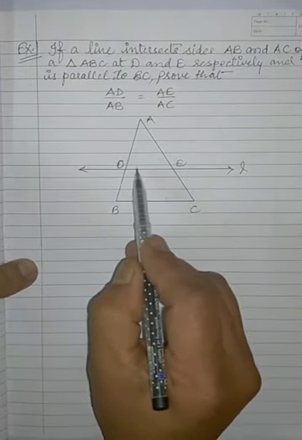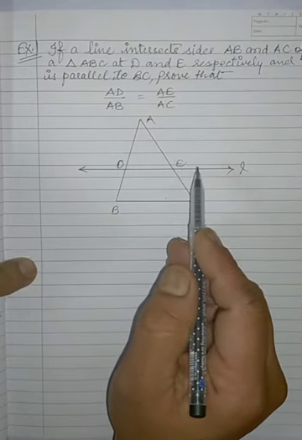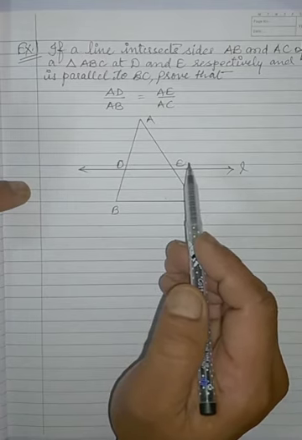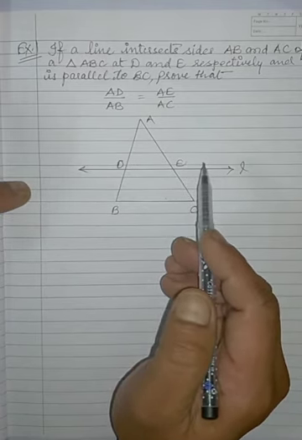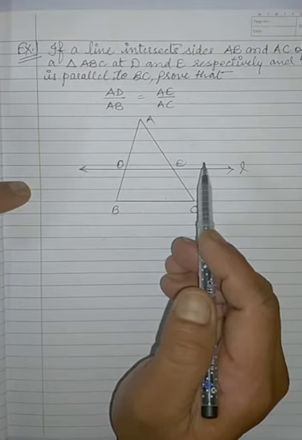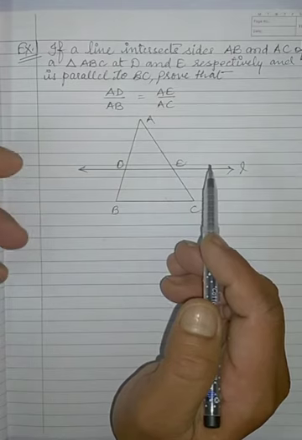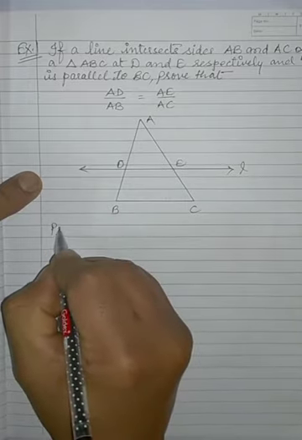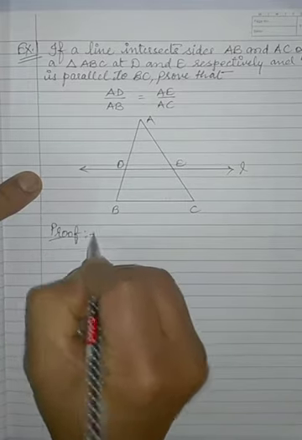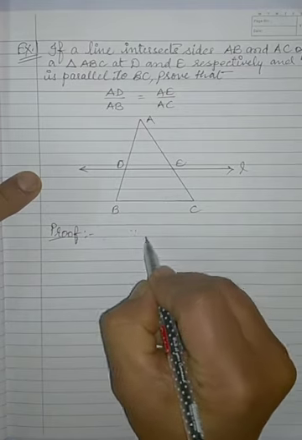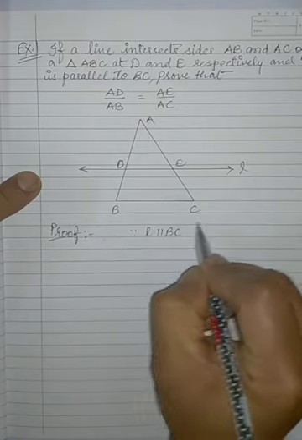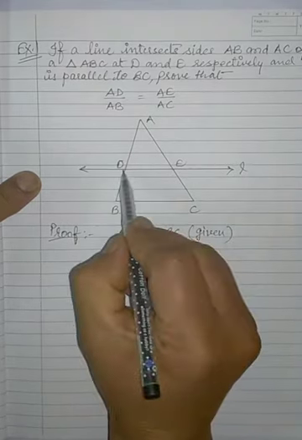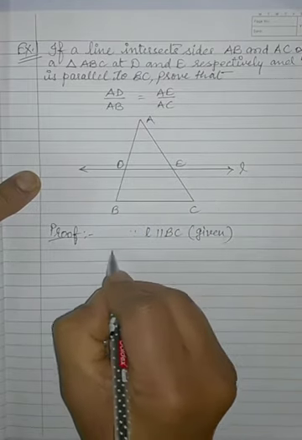Now children, this example will make you understand how we can use the applications of the basic proportionality theorem and how we can use those relations of alternendo, invertendo, componendo and dividendo as per our needs. Not all in this question, but how to use them we can understand with this formula. So here, since line L is parallel to BC, which we are given, DE being a part of this line L is also parallel to BC.